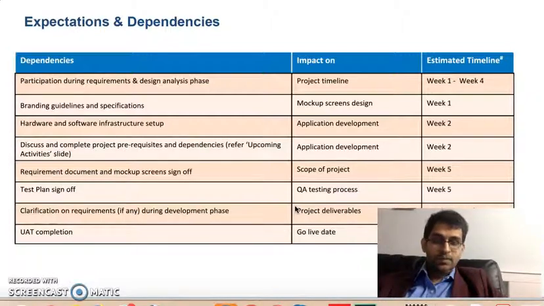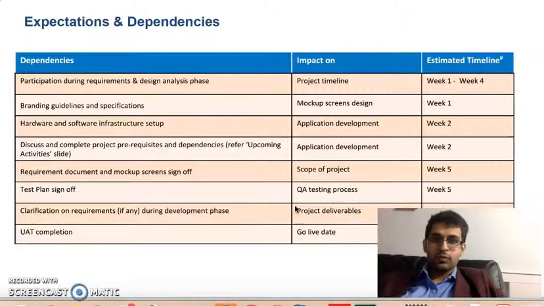finalization of the UI mockups. Both of those will be coordinated with Stacy, and in 2 weeks' time, once we have a good understanding of the requirements, we will submit the UI mockups for review, and in that review any changes will be accommodated. But after the 4 week finalization of the UI mockups, any more minor changes will be accommodated, but any major changes we need a sign off from Naveen as well as Stacy.